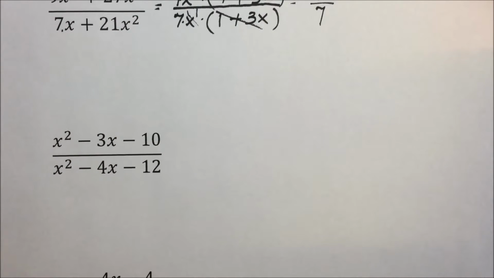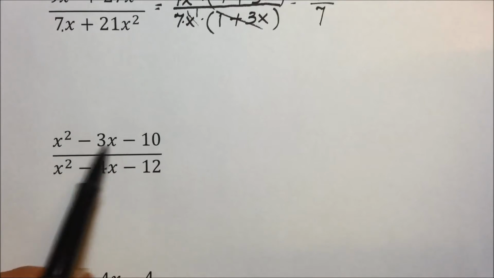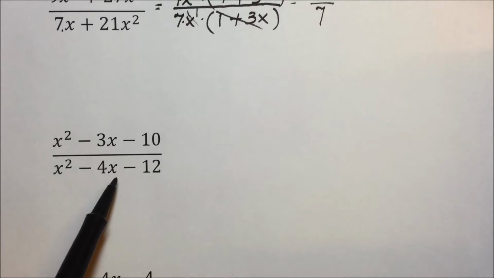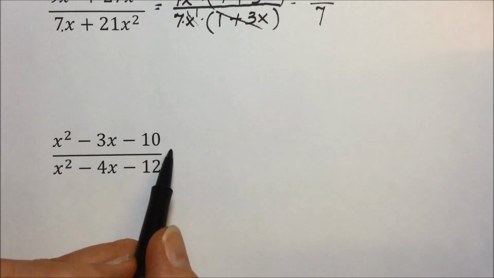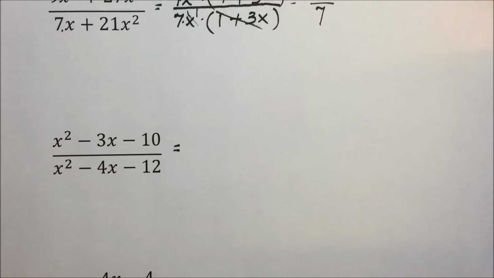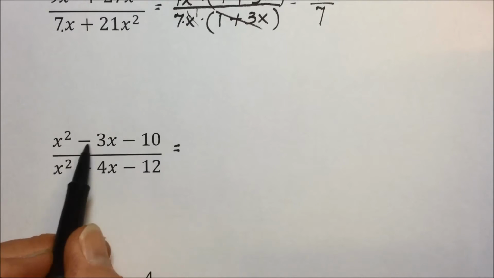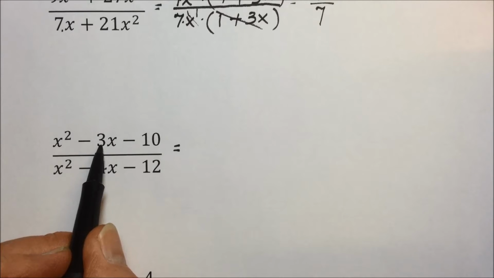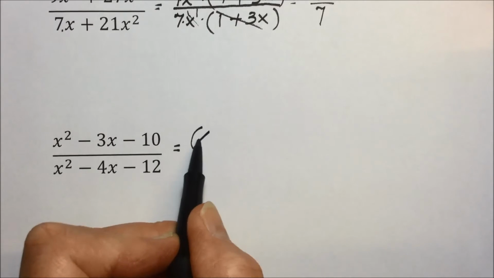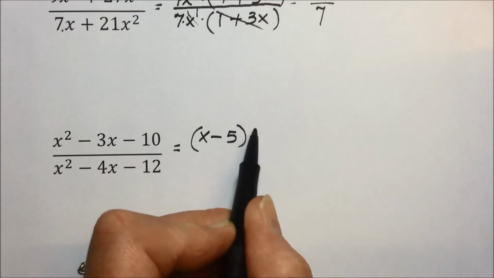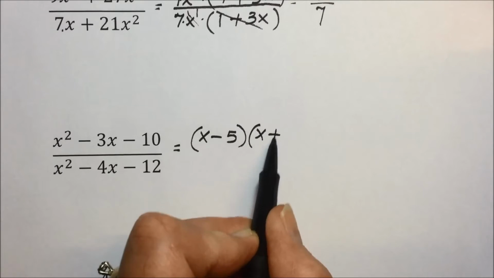In this next one, again, we don't have any common factors because these terms are connected with subtraction, so we can't cancel out yet. But if we factor, perhaps we will find a common factor. We're looking for numbers that multiply to give us negative 10 and add up to be a negative 3. We don't have a lot of choices, and the pair that works is an x minus 5 and an x